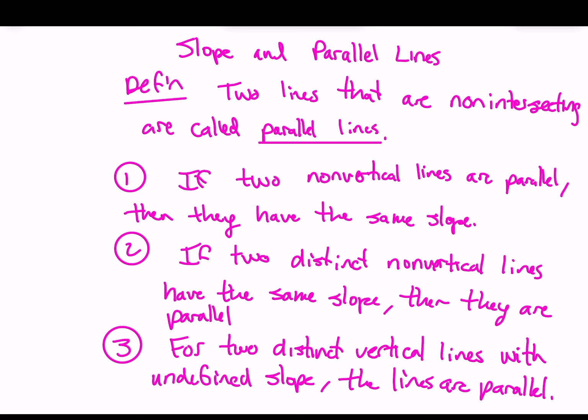So in other words, if two lines have the same slope and they're distinct and they're non-vertical, then they're parallel,